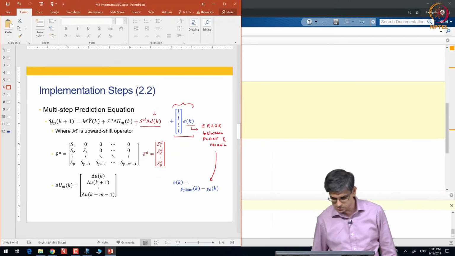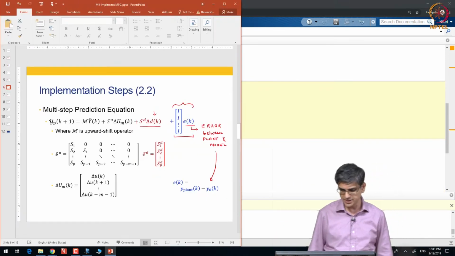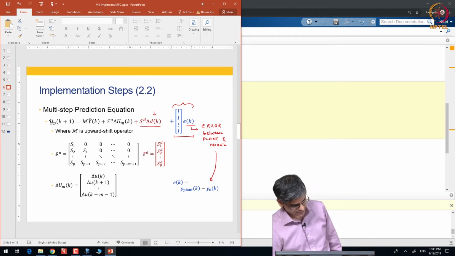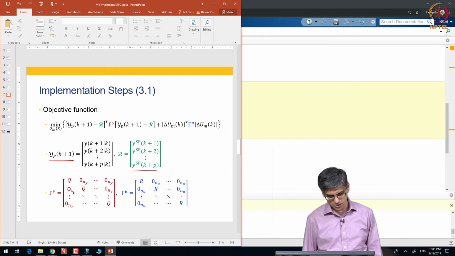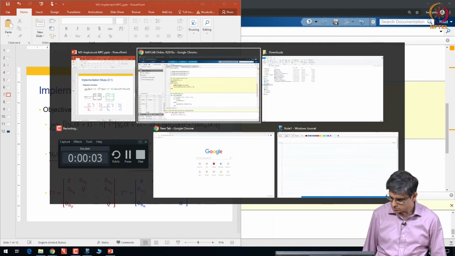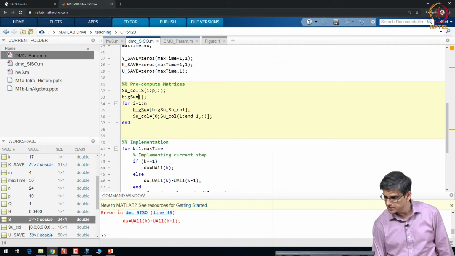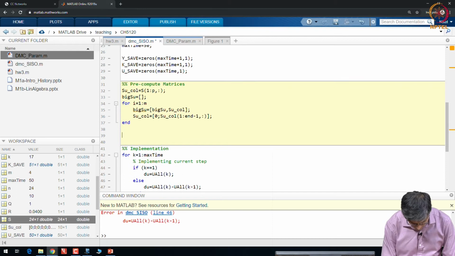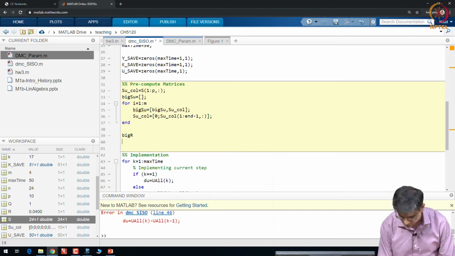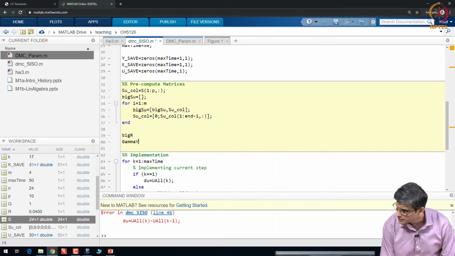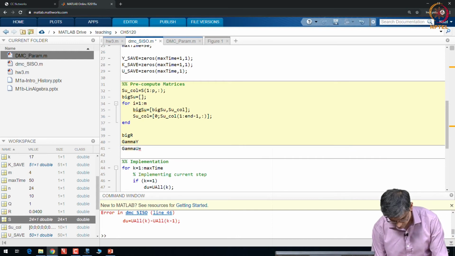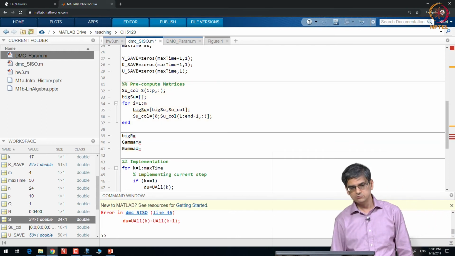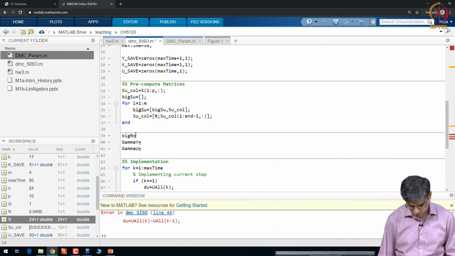Okay. Next, SD and I we do not need for this problem, you will need it for your assignment. YP k plus 1, I do not think I need it. R, gamma y and gamma u. So, what I also need is big R, gamma y, gamma u. Because this is SISO, I am just going to do a shortcut.